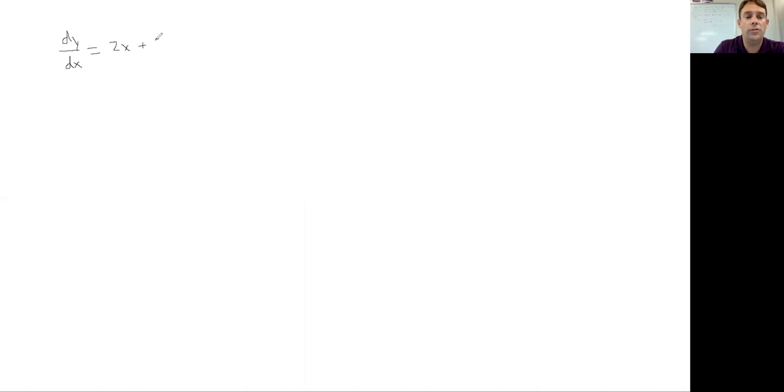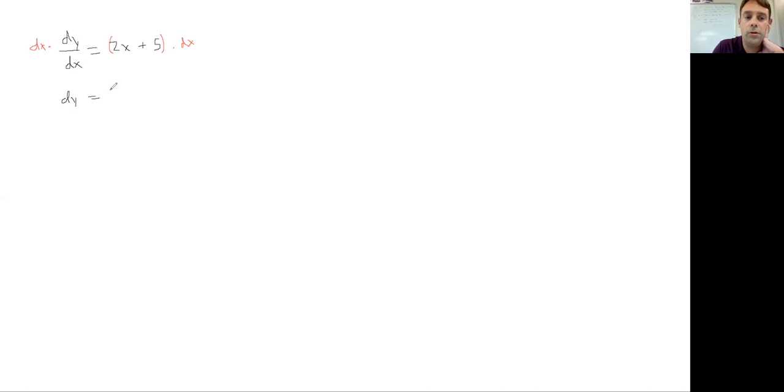Now, the biggest thing to remember here right now is it kind of looks like one of our implicit derivatives, and that's essentially what it is. What I need to do, though, is get the dy all by itself. Because what we're going to do is integrate one side with respect to y and one side with respect to x. And we're going to come back in a few days and do things that are a lot more complicated with this. So even though it says dy dx, I can actually multiply that to the other side and essentially make that a differential. So by doing that, I end up with dy